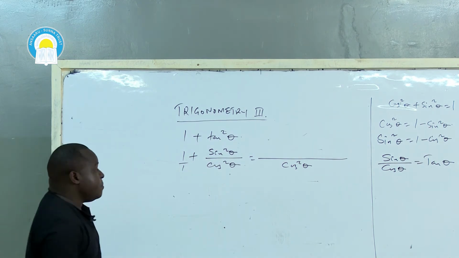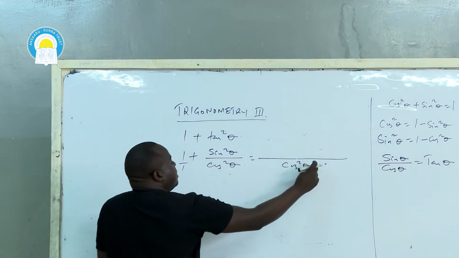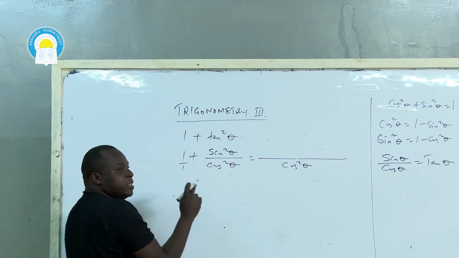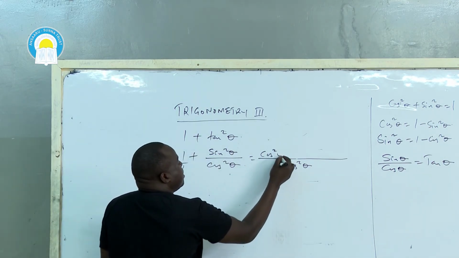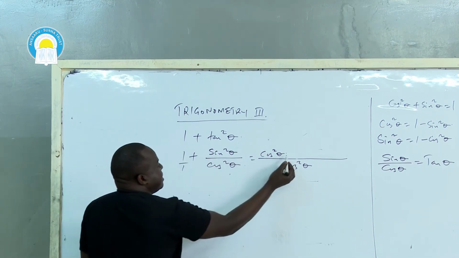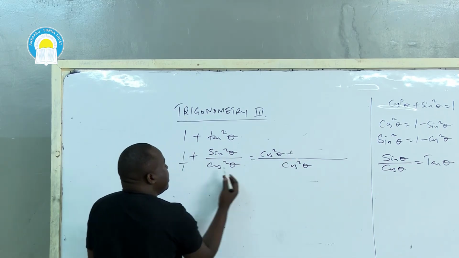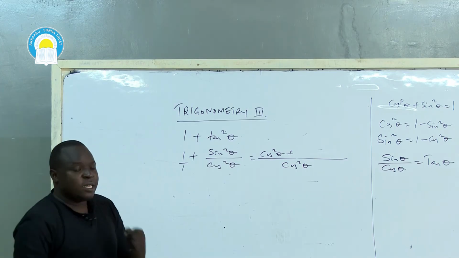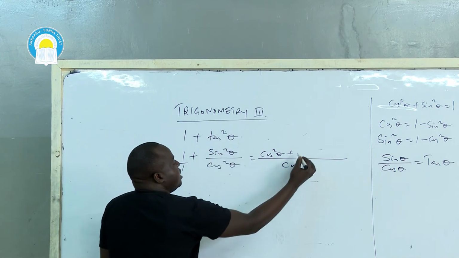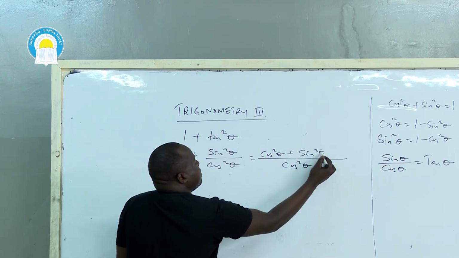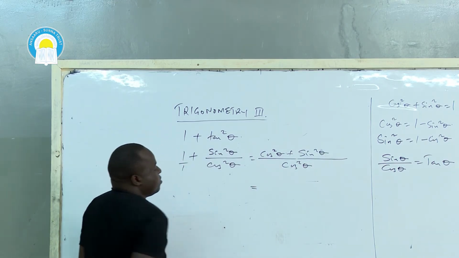The next, cos squared theta divided by 1. The answer is cos squared theta. Then times 1. The final answer, cos squared theta. Plus cos squared theta divided by cos squared theta. The answer is 1. 1 times sine squared theta, it should be sine squared theta, which is equal to